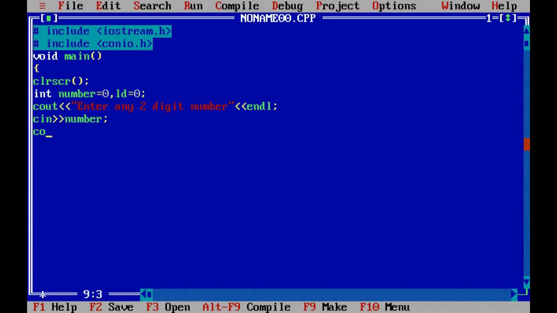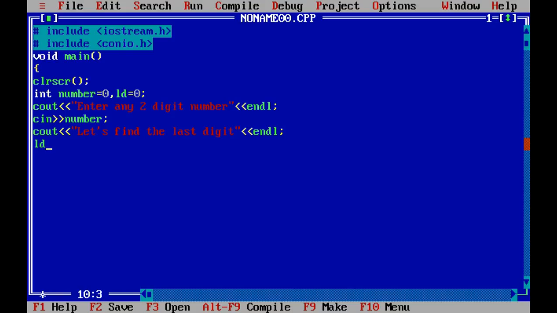Now, cout, let's find the last digit. Endl for next line. Now, the formula. As we have seen, what logic will we use here?